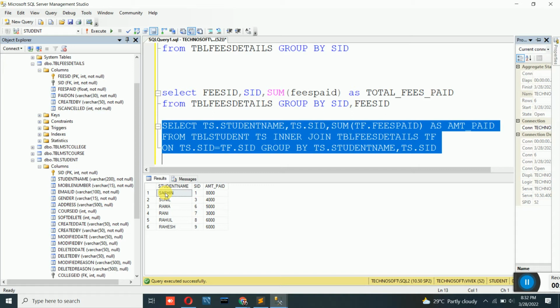So SID 1 is fees ID, with one name for the same SID 1. For that reason there is only one name for Sachin, one SID, and the total fees has been added in this. If I also add the fees ID or the date, like when he has paid the fees,